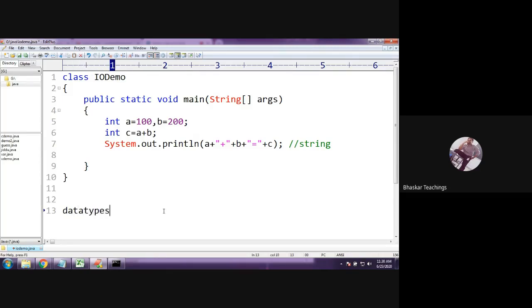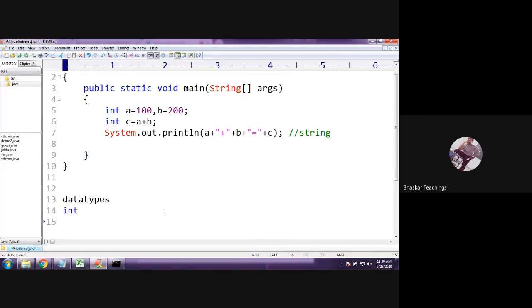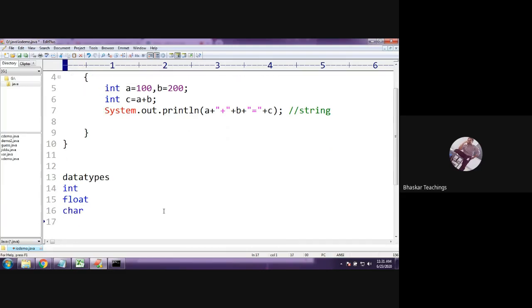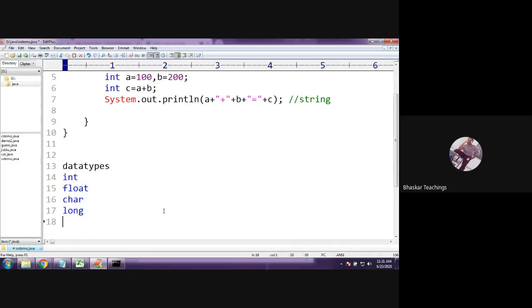The user is going to enter different data, and the data would be integer type and float type, of course character type, mainly. If the range is more, you would go for long type. If the decimal part range is more, you would go for double type.